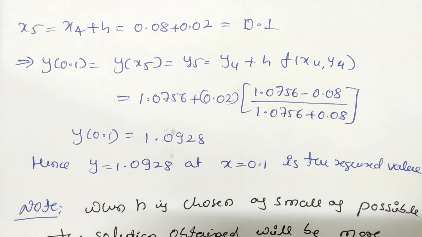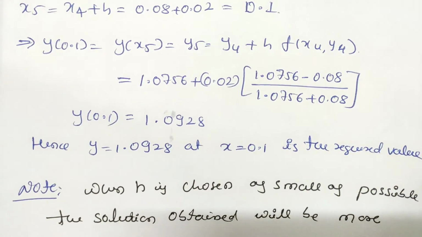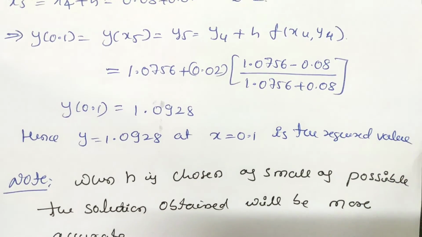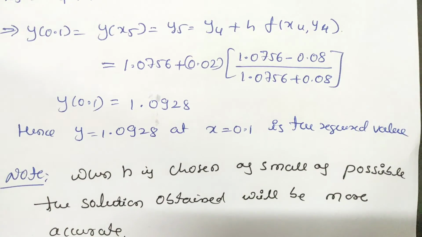So here you remember this point: if h is not given, we have to choose h such that if it is a small value then it is possible to get a more accurate value for y. So therefore you have to choose the value of h yourself so that we can get, for a few iterations, for a few values, the value of the required variable.